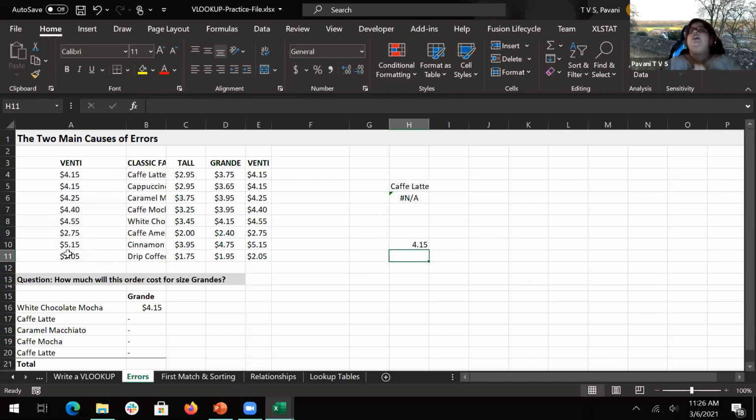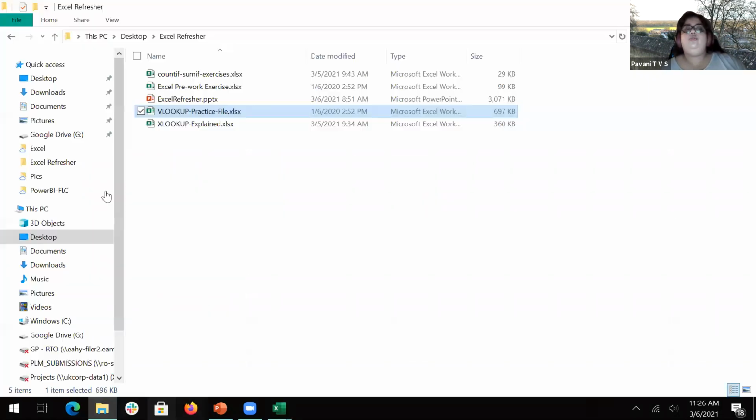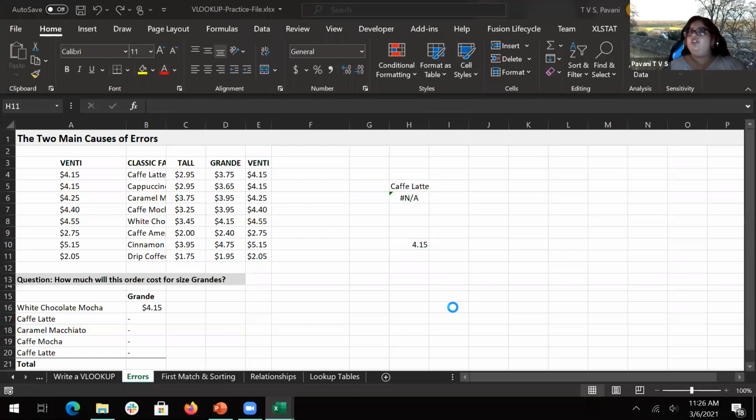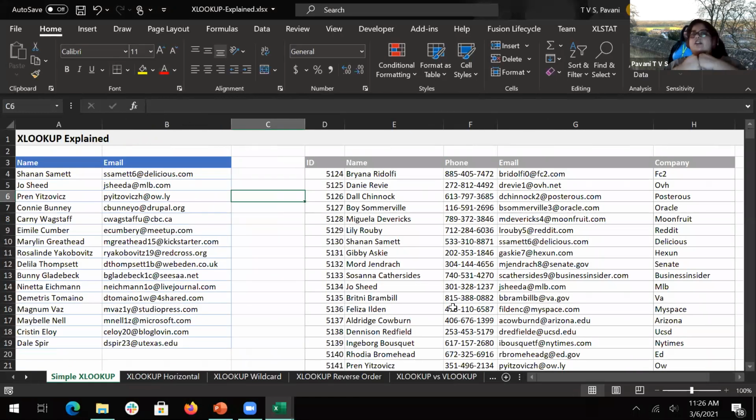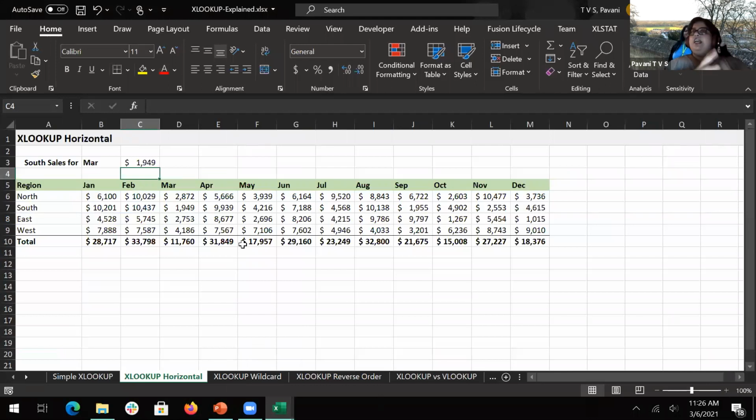So this is a very, very useful function, and it can search for the information horizontally, vertically, and left, right also. So I would request you all to get acquainted with this XLOOKUP. It's more useful than VLOOKUP. If you are very well aware of VLOOKUP, it's good. You'll be able to understand XLOOKUP very easily. But this is a very nice example file which I have with me.